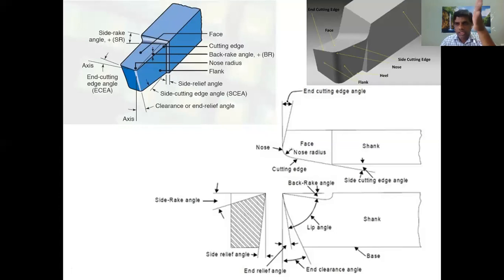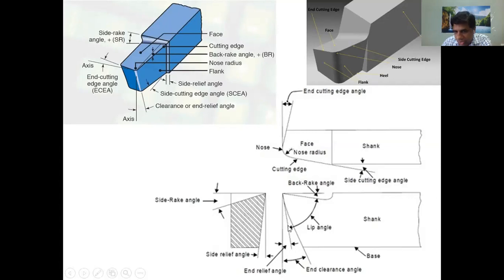So this flank is not vertical, right? I told you it's not vertical. We give some kind of inclination so that the workpiece does not rub against this surface. If it were vertical like this, then the workpiece, while removing the material, would at the same time come in contact with this surface also. Then what happens? This surface may damage the workpiece, and scratches may happen on the surface. To avoid that, we give some kind of inclination, so that even though the workpiece is here, there is some kind of clearance, some gap.